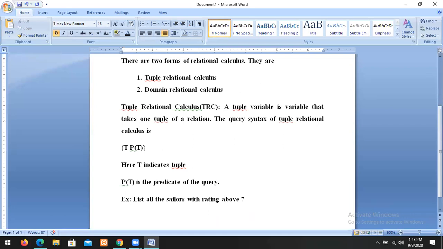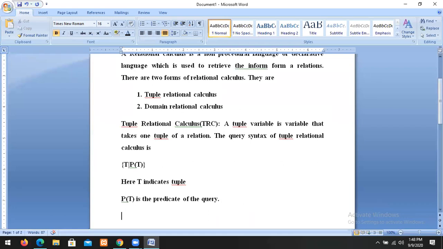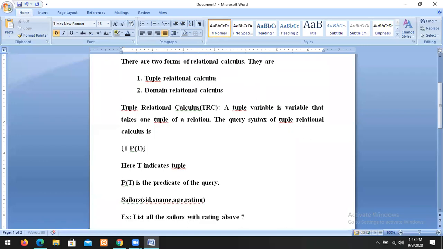The Sailors table contains sailor ID, sailor name, age, and rating. The Boat table has boat ID, boat color, and boat name.